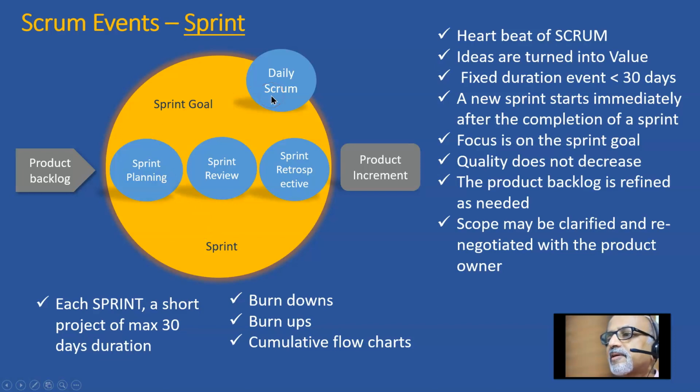And every day they have a daily stand-up meeting, which is also known as a daily Scrum, for 15 minutes. And at the end of the sprint, there is a sprint review by the key stakeholders of the project. If the sprint items are meeting the definition of done, the sprint is successful. Then they get into a sprint retrospective. They discuss what things we did right, what things we did wrong, and what the immediate action required is. So they incorporate those things into the subsequent sprint. And at the end of a sprint, the product increment gets delivered.